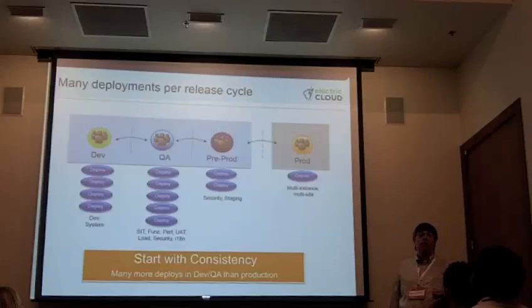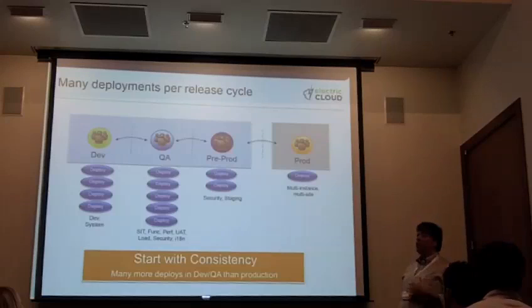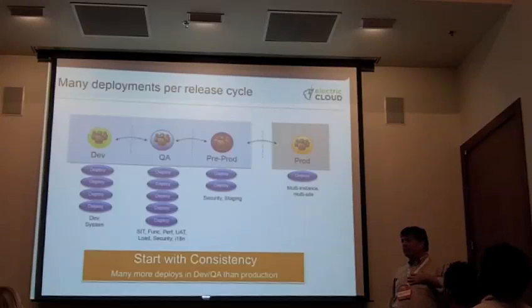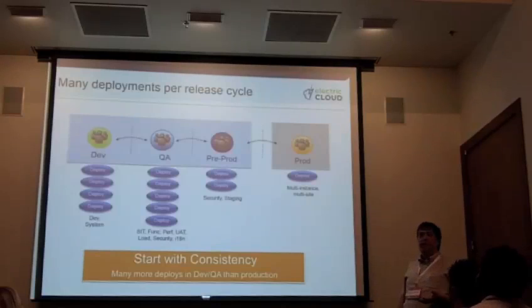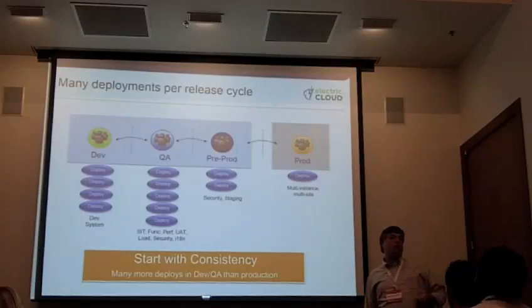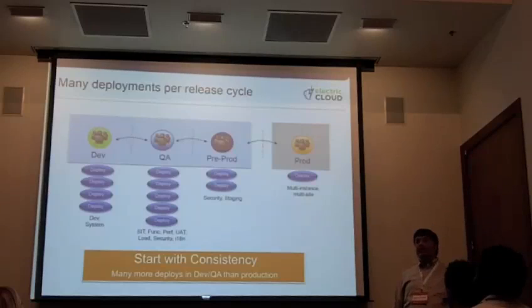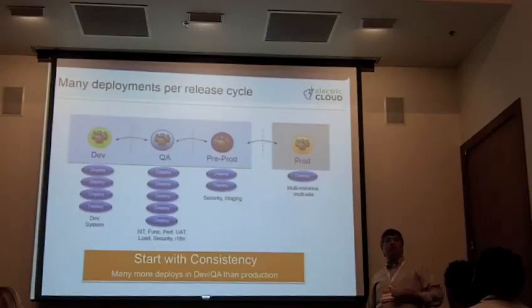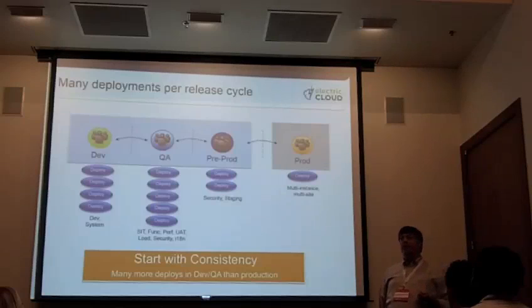But I'm doing deployments, and similarly, if I'm doing any sort of QA or system level testing, there's deployment happening. So one of the messages we're trying to get out there and evangelize a little bit is: start with consistency. You're doing many more deploys in QA and dev than you will ever do in operations. Why do them completely differently than you do in operations? Why have ops be the first time you do a deployment a particular way? We can do better than that.